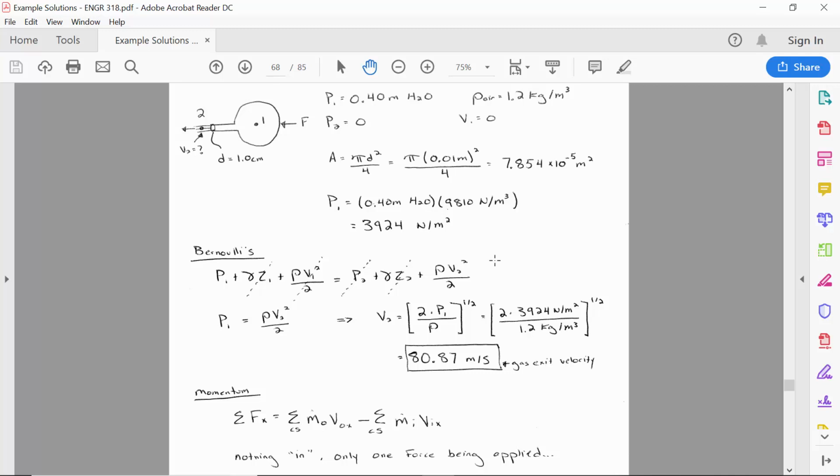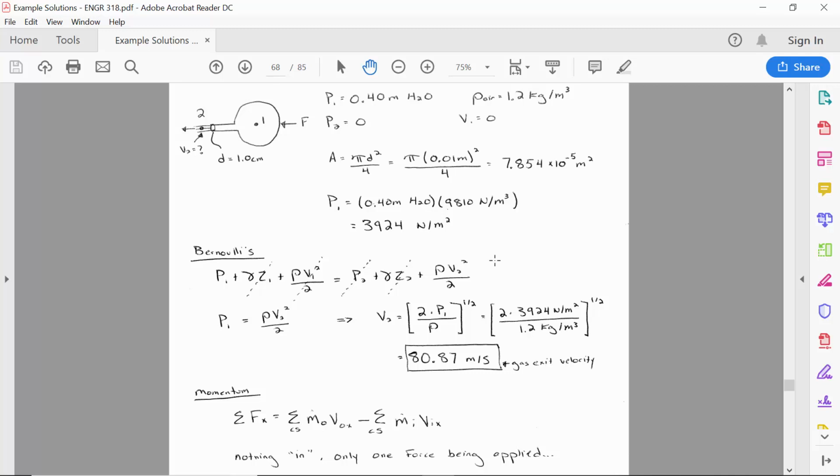Mass flow rate, is it a scalar or a vector? It's a scalar, so that means it only has magnitude. What are the units of mass flow rate? Do you remember what the units will be when we put it all together? Kilograms per second. So it's mass per time. Kilograms doesn't have direction. Time, I guess you could say time has a direction moving forward. But the point is that